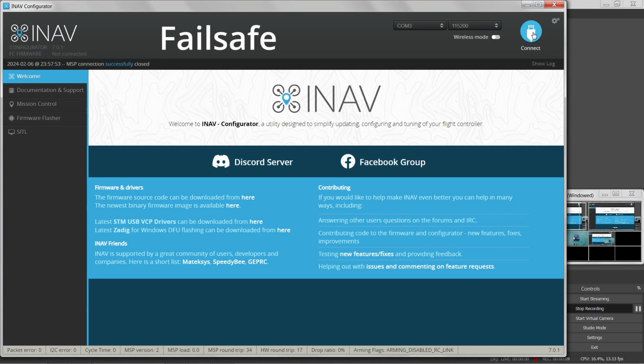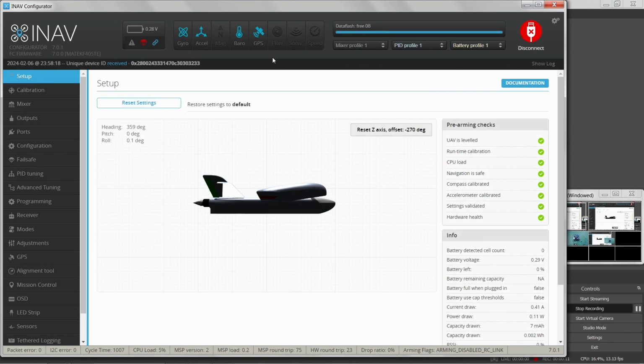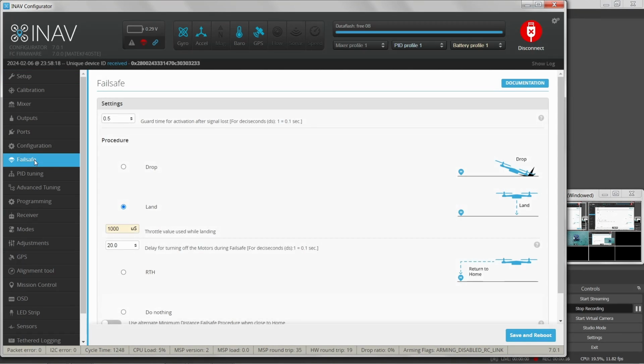Okay, so now we want to move on to the next tab, which in this case is Failsafe. Failsafe is a feature of the flight controller where if you lose the control link, the flight controller will take over and fly your airplane. And there's various responses that you can specify for how you want your vehicle to behave when it goes into